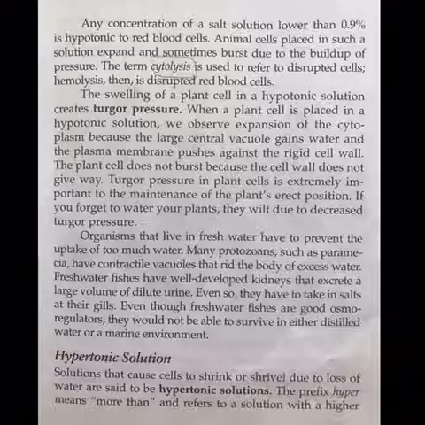Organisms that live in fresh water have to prevent the uptake of too much water. Many protozoans, such as Paramecia, have contractile vacuoles that rid the body of excess water. Freshwater fishes have well-developed kidneys that excrete a large volume of dilute urine. Even so, they have to take in salts at their gills. Even though freshwater fish are good osmoregulators, they would not be able to survive in either distilled water or a